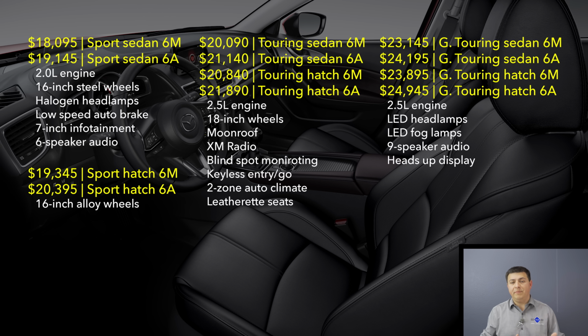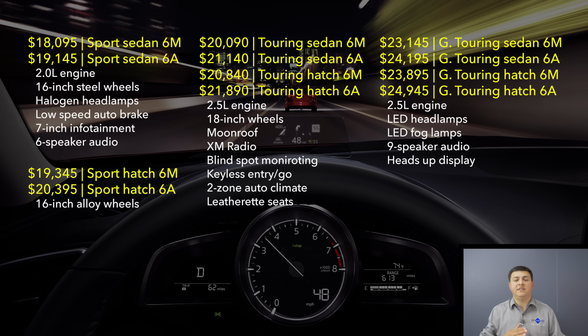As you work your way on up the ladder, the delta between the hatch and the sedan closes a little bit because the feature content becomes more aligned. However, you should know that when you take a look at the top-end Grand Touring trim, something funky is going on there. Mazda advertises the price for the 6-speed manual transmission in the Grand Touring sedan with the 2.5-liter engine